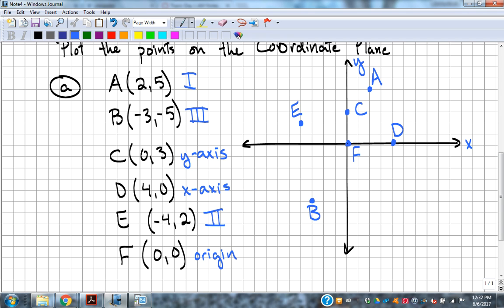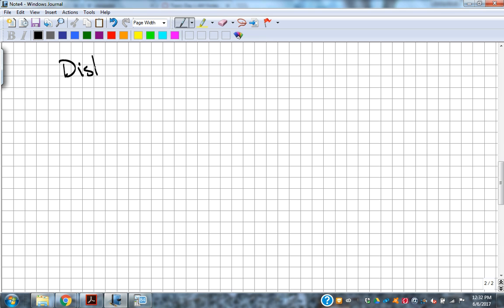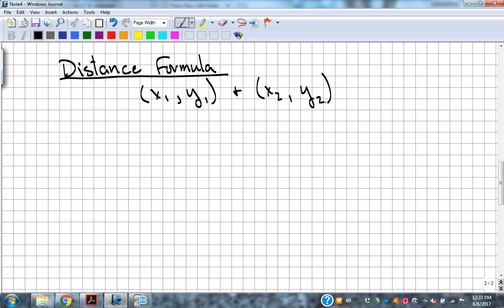All right. Now, in the rectangular coordinate system, we have a couple of formulas that can help us find lengths of lines or certain spots on lines. So we're going to deal with those next. So the distance formula is our first one. And when we're dealing with the distance formula, we're talking about 2 ordered pairs, x1, y1, and x2, y2. Okay, so that just indicates 2 different ordered pairs. The distance between those can be found using this formula: